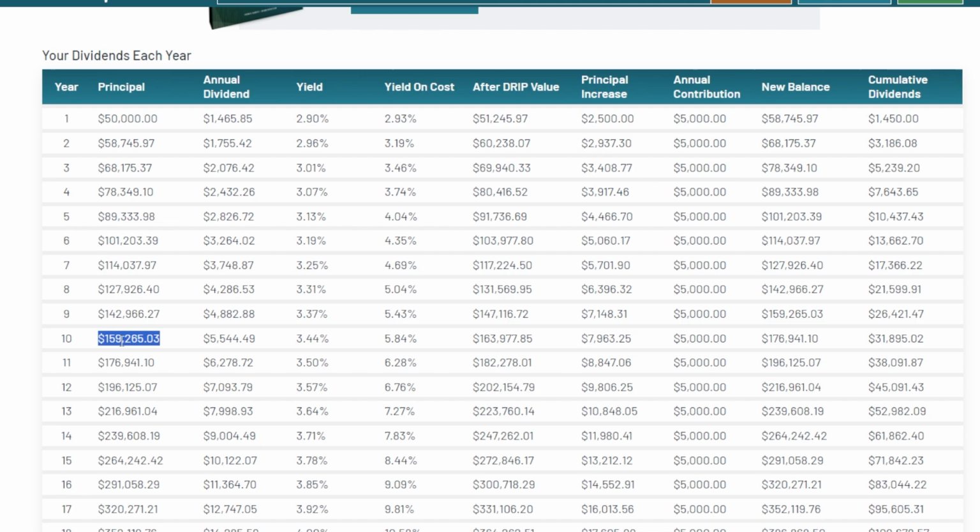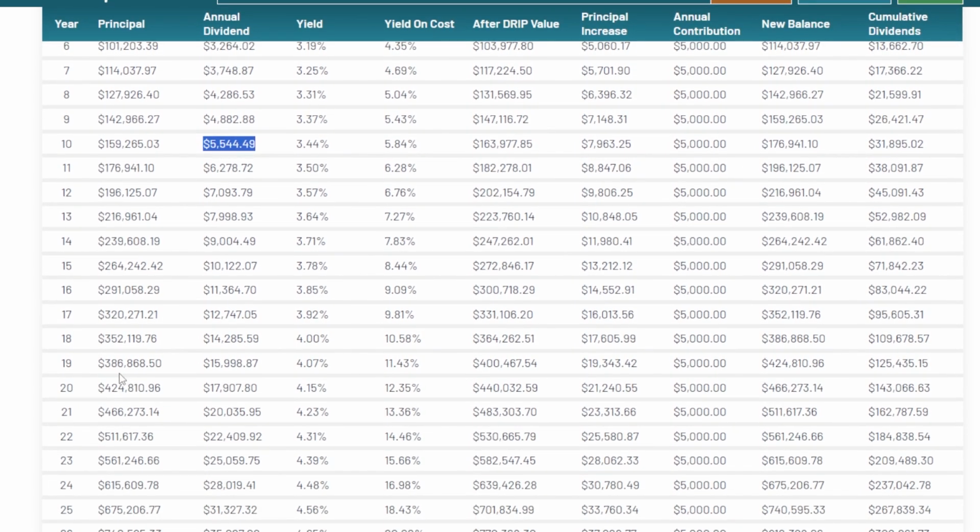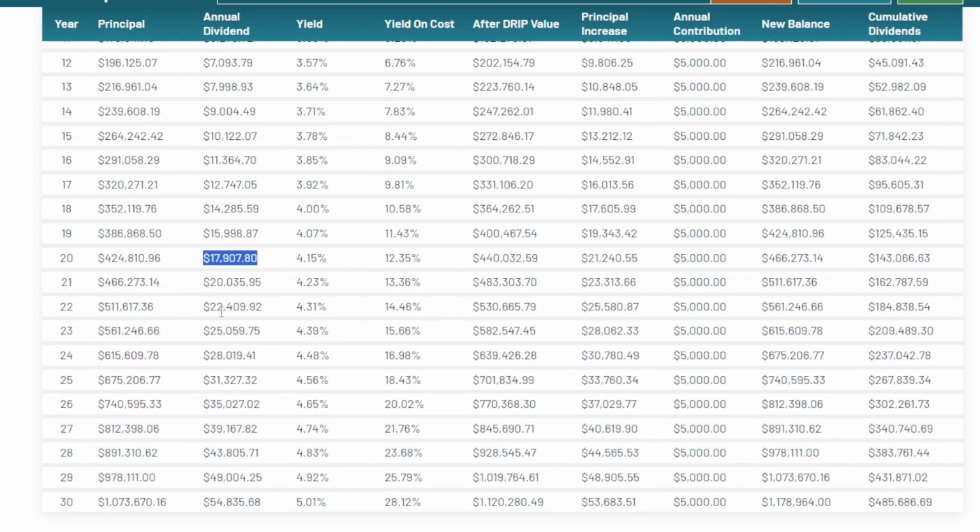Now, skipping right ahead, by year number 10, that $50,000 portfolio would now be almost $160K with around $5,500 per year in dividends. Skipping even further ahead, this is of course for a long-term investor. This is not for the next 1 to 3 years. This is going to be a long-term buy and hold. 20 years in, we're roughly at $425,000 with around $18,000 per year in dividends. Nice size portfolio. Of course, at this point, you could choose to sell off some of your position and maybe potentially retire, or use this portfolio as a supplemental income during retirement. But let's be real here, not many people are going to be able to live off of $17,000 per year,